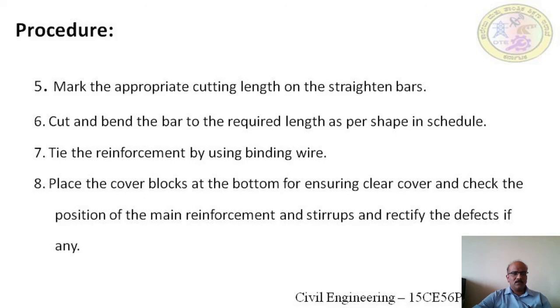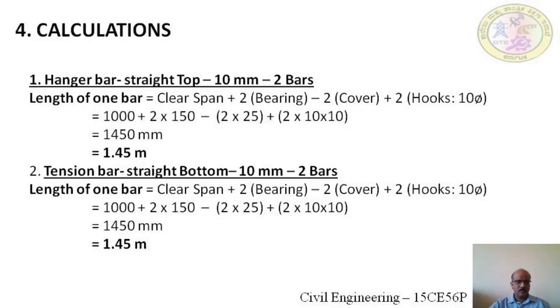Then in the last step, place the cover blocks at the bottom to ensure clear cover, and check the position of main reinforcement and stirrups carefully and rectify the defects if any. Now, calculation of